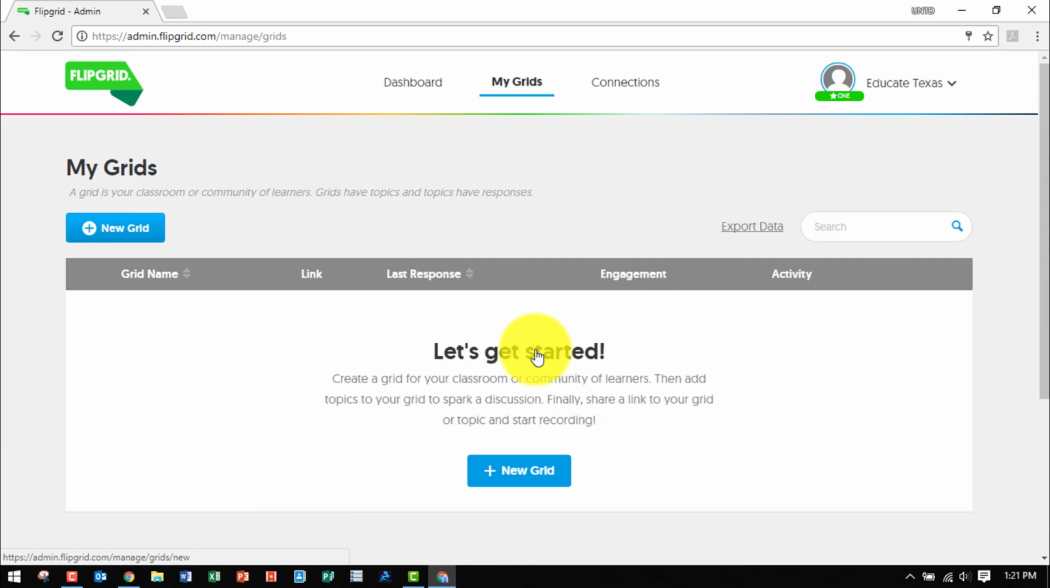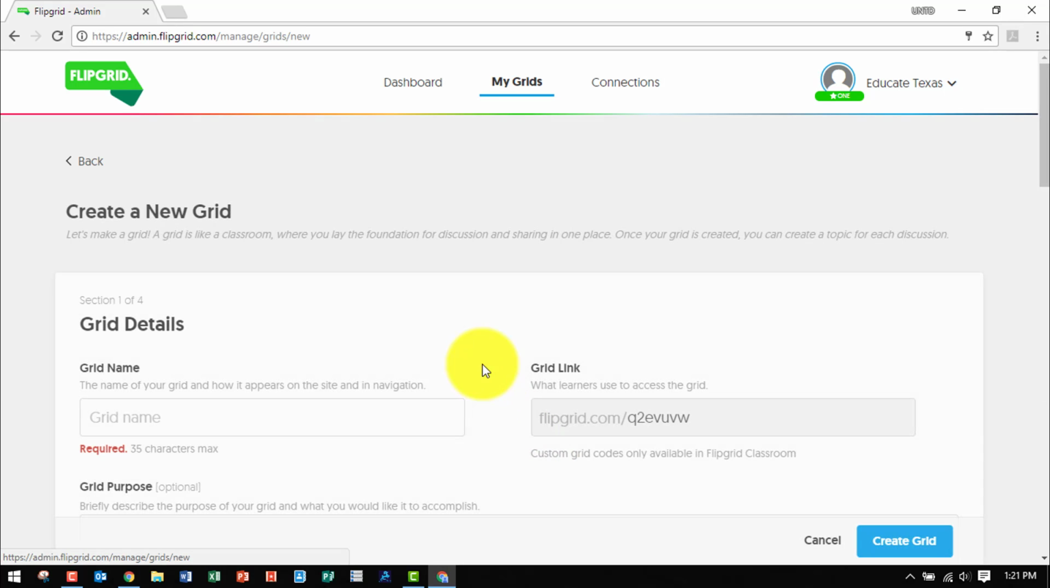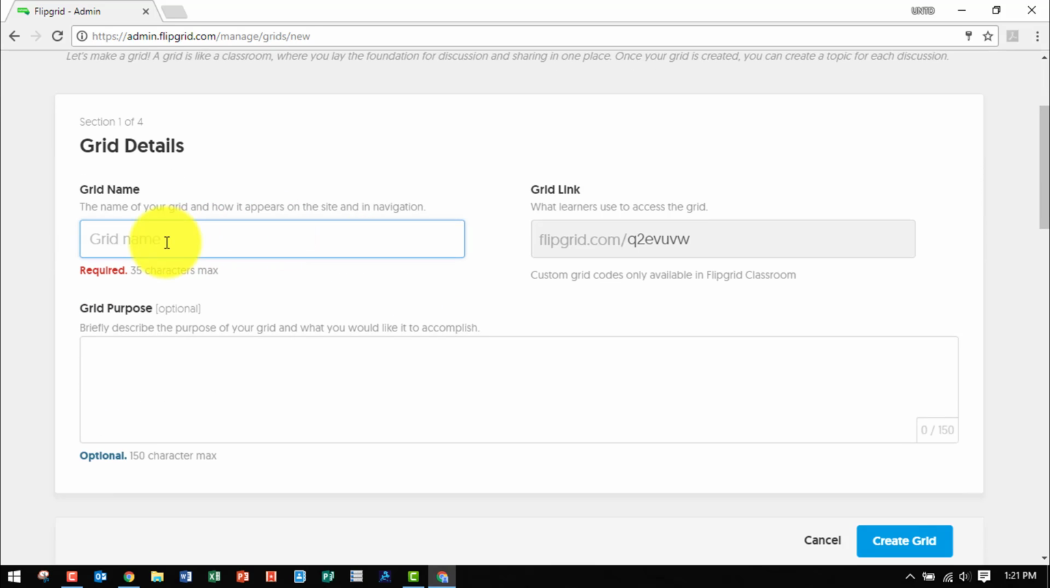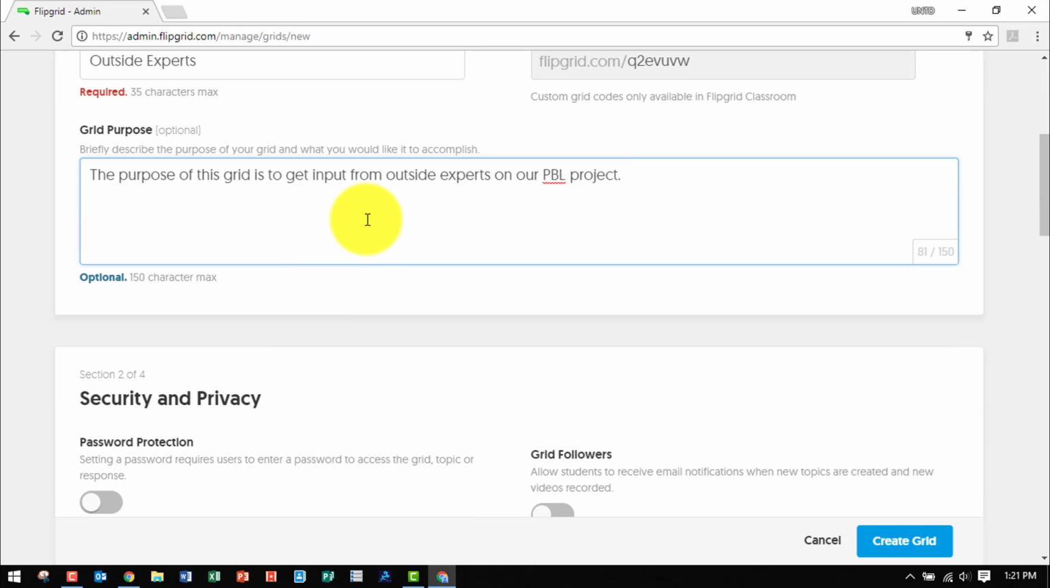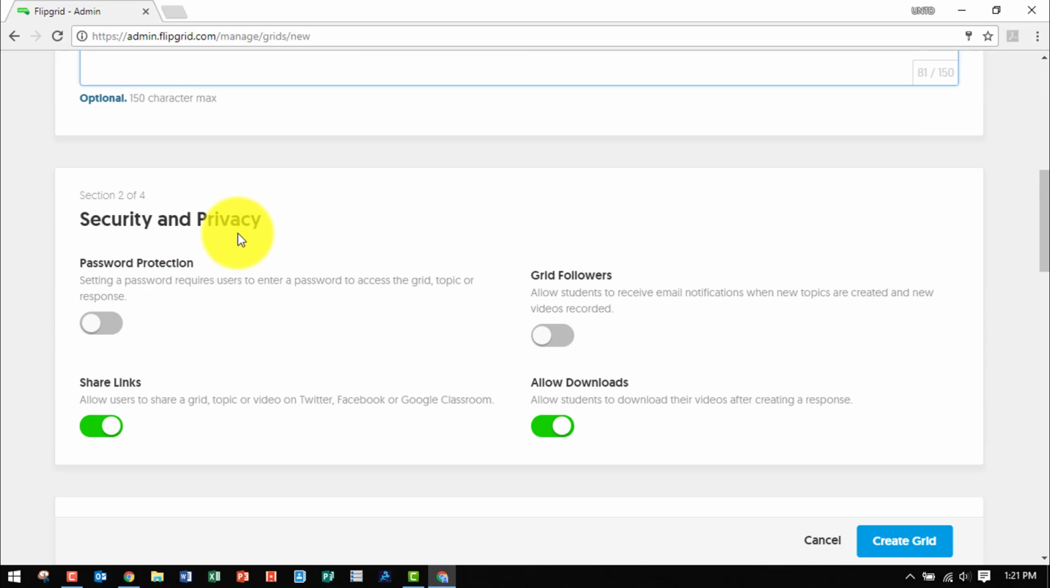We're going to get started by creating a new grid for students or outside experts to post their responses. Click on New Grid. We're going to give our grid a name. This will be where your students go to access the grid. And this is the purpose of our grid. Once that's filled in, we're going to go down to Security and Privacy. You can set a password for your grid